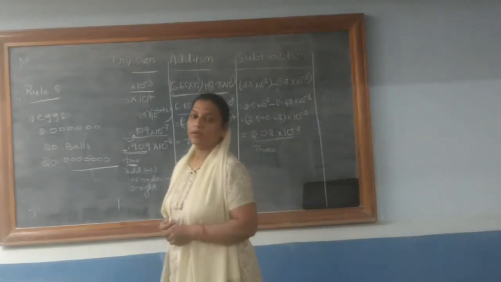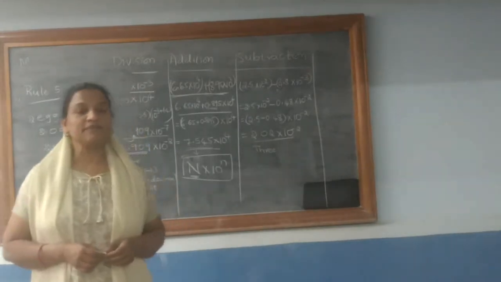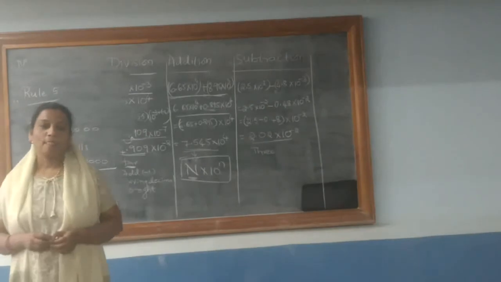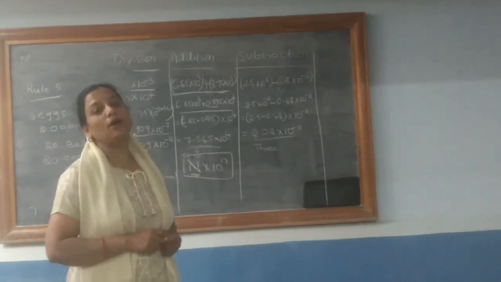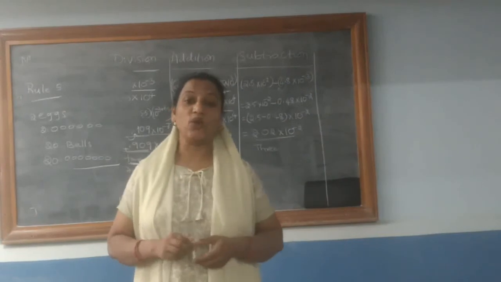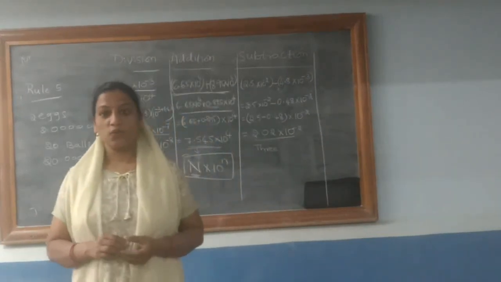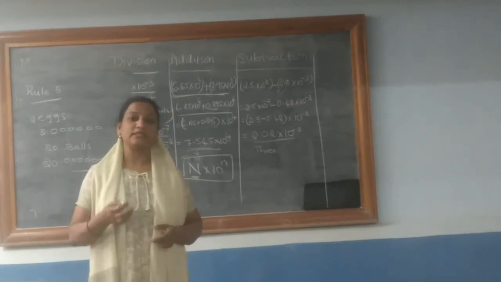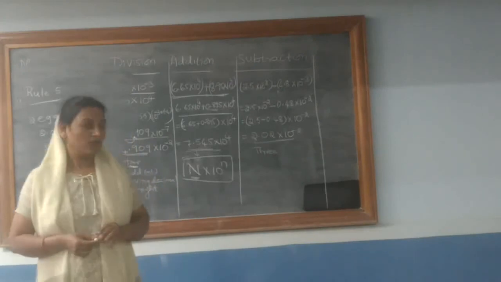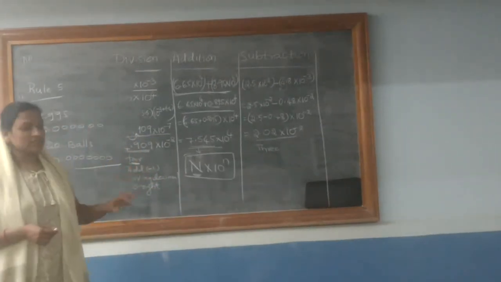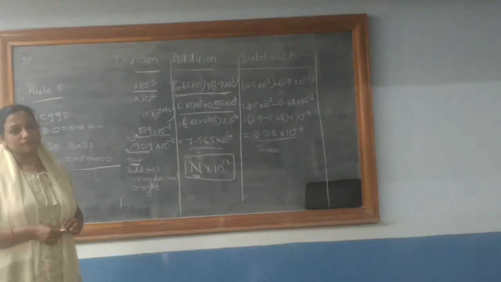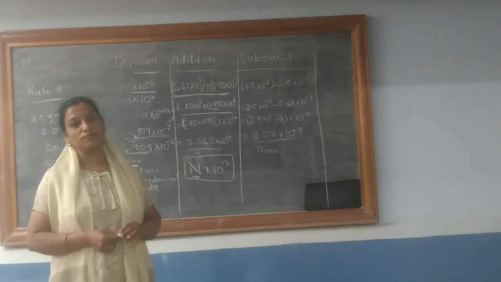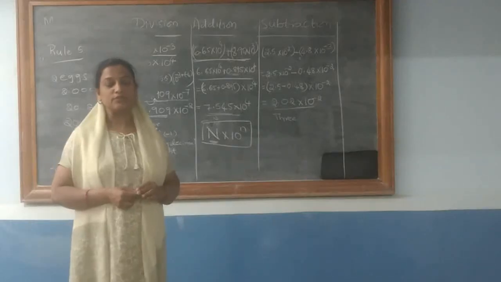I hope now regarding significant figures and scientific notation, the concept is clear. Next you need to know something about rounding off the non-significant figures, when to round them off, which I will discuss in the next class. Hope all the 4 operations discussed are clear to you all. Kindly write down the notes and practice extra problems on this concept. I will stop here. Thank you.